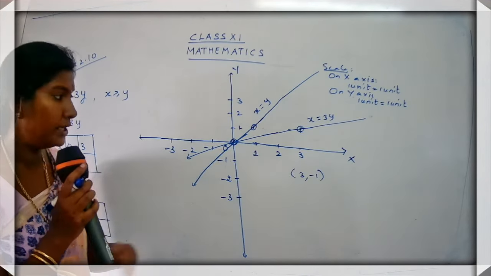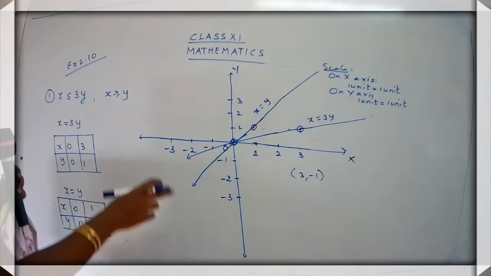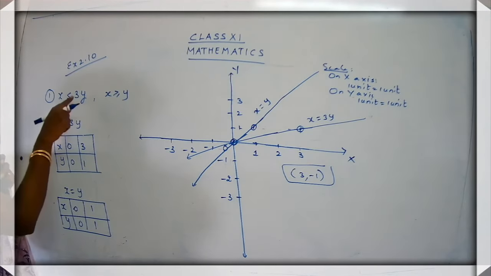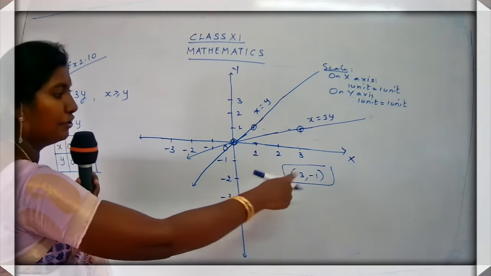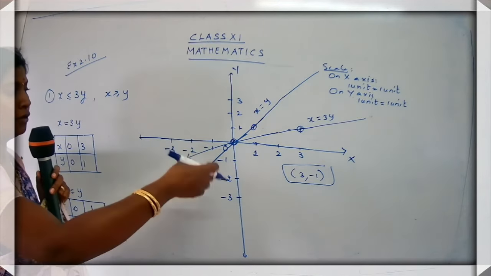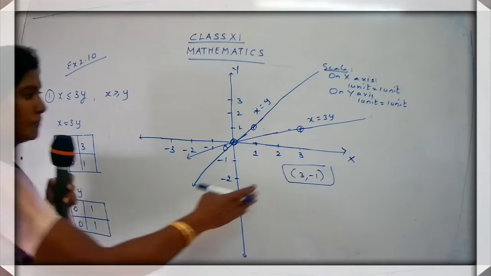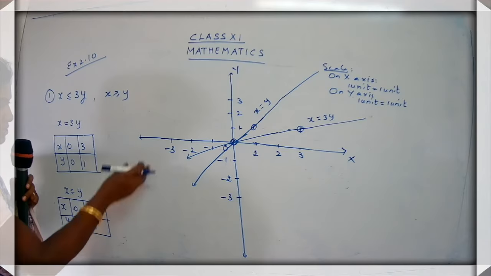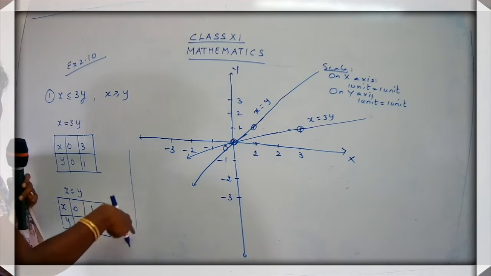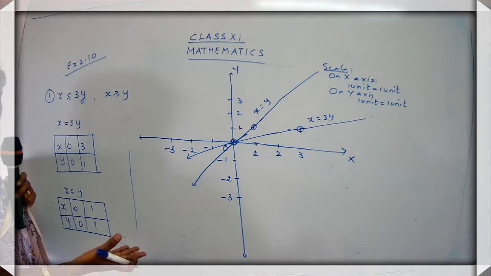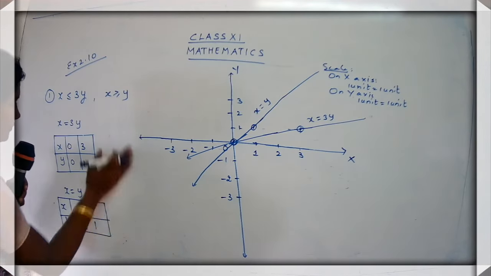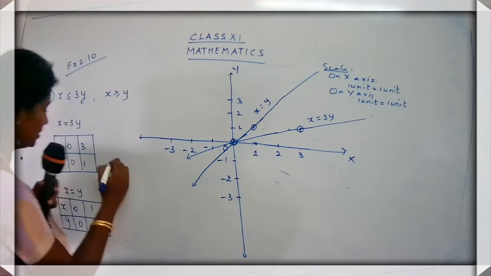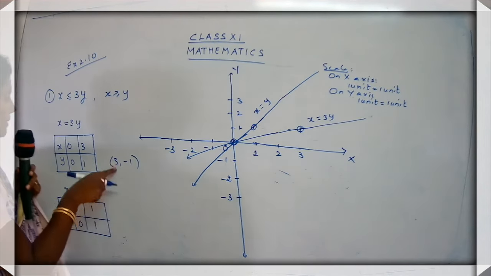Okay children, now I am going to substitute this in the given inequality, and this will be rough work for you. Do not do this as the main part. You can do it in the corner of the graph paper, or use your books or any rough paper. So what numbers have we chosen? We have chosen 3 and -1. I'm going to substitute over here.